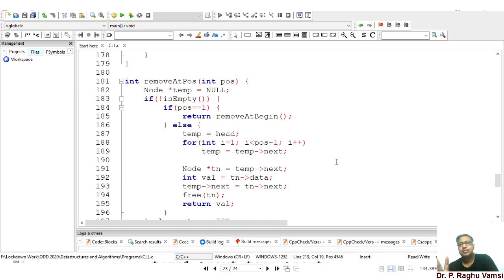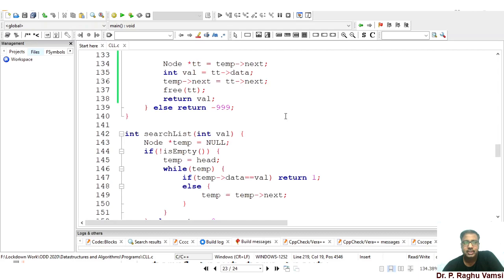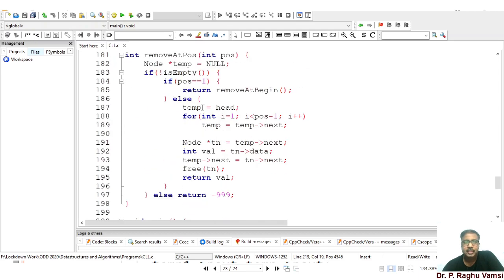Whatever function you use in the single linked list, the same function can be used here also. If the position is equal to 1, obviously remove at begin. Already we have written the remove at begin function. Otherwise, assign the head to temp, then iterate till position minus 1, so the temporary node is the node before the position. Its next is kept in temporary node tn, because that needs to be deleted.